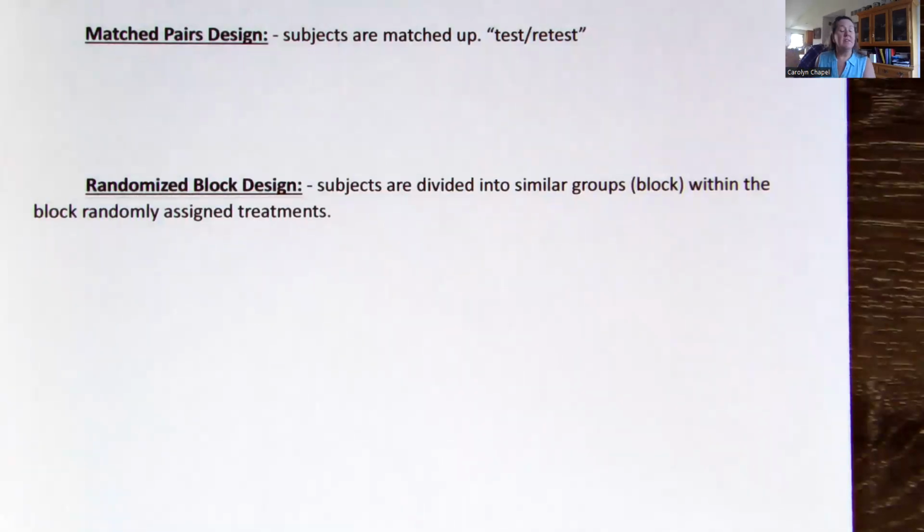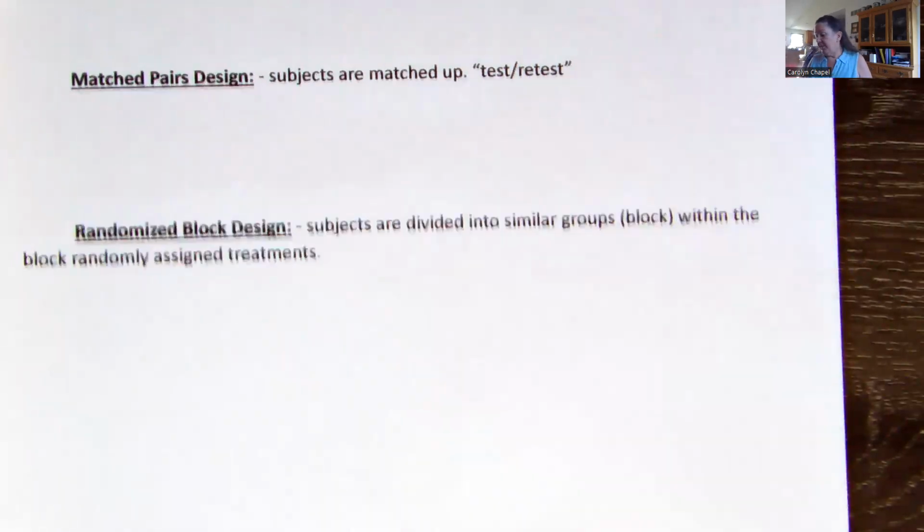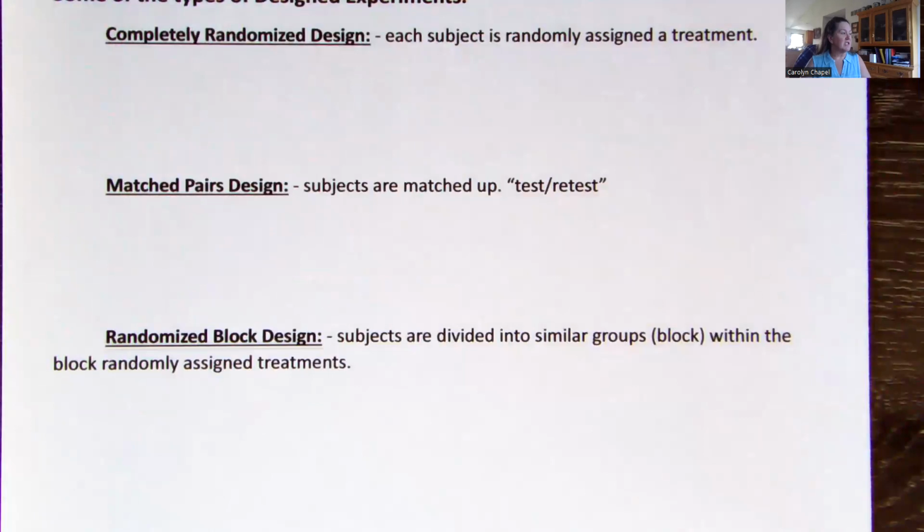Or they might be testing different seeds to see if this seed grows better than this seed. Does this seed have more production than this seed under the same conditions, where the field is that block, and a different field maybe on the other side of the road could be a different block. So we have more than one block and within those randomly assigning those treatments. So those are just 3 of the design types of experiments that we're going to touch on. Again, we're just looking at these things, getting familiarized with what they are and so on,